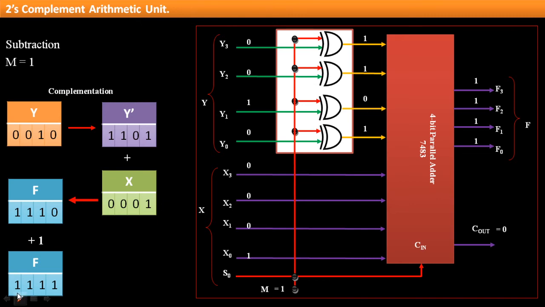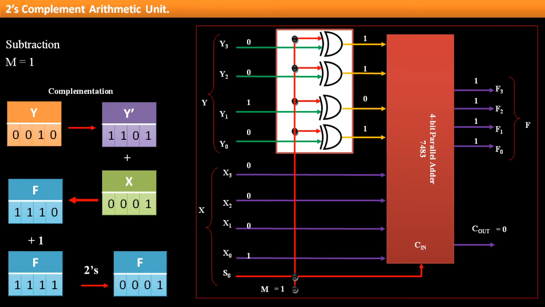So if we again give a 2's complement to this, we'll get the magnitude which is given here. But if you look here, 8421 is actually the weighted code, but in 2's complement form, this is minus 8. So minus 8 plus 7 will give you minus 1. So this is the 2's complement representation of minus 1. And if we give a 2's complement to this, we'll get 1. The magnitude will be 1. So this is how a 2's complement adder or subtractor unit works.